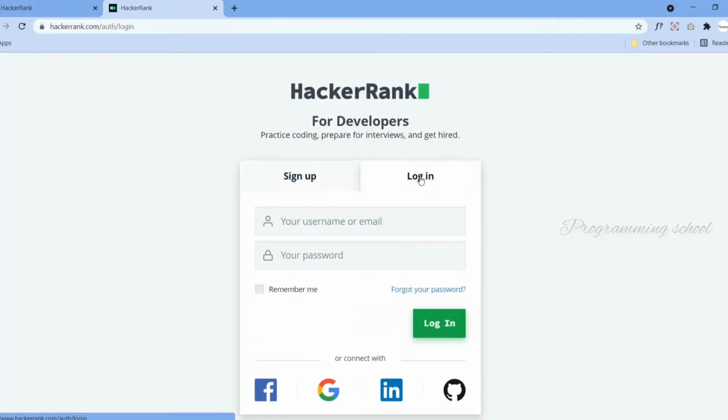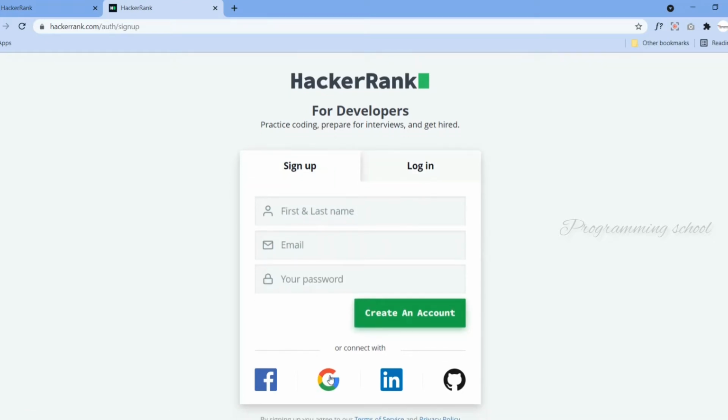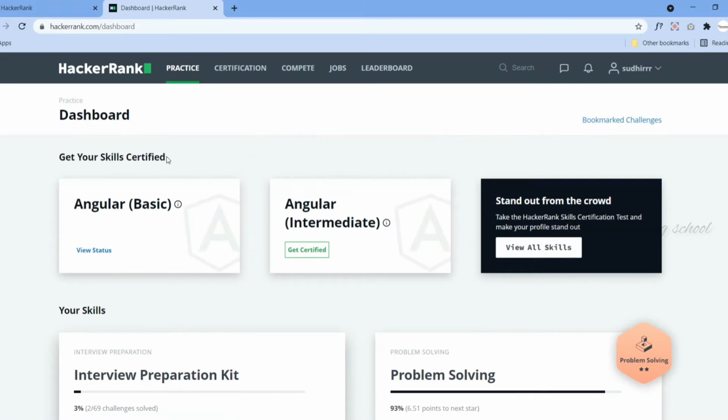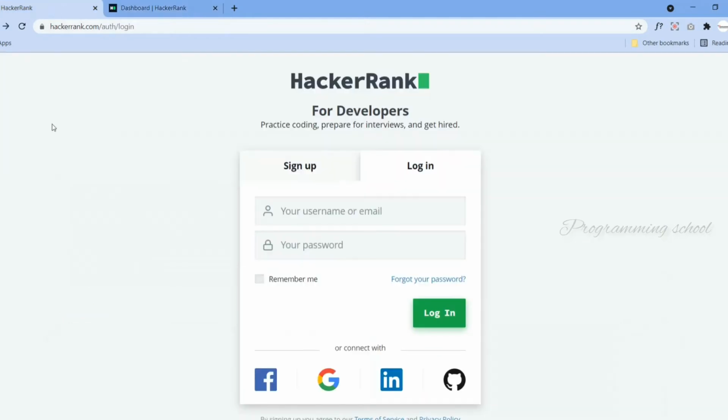This is going to be the sign in page. If you already have a Gmail account, just click on Gmail and sign up for the first time. Then after that, just log in with Gmail again. It asks for your Gmail account, and you can log in to your HackerRank account. There is no need for external registration or anything. If you have a GitHub, LinkedIn, or Facebook account, using these four we can connect directly.